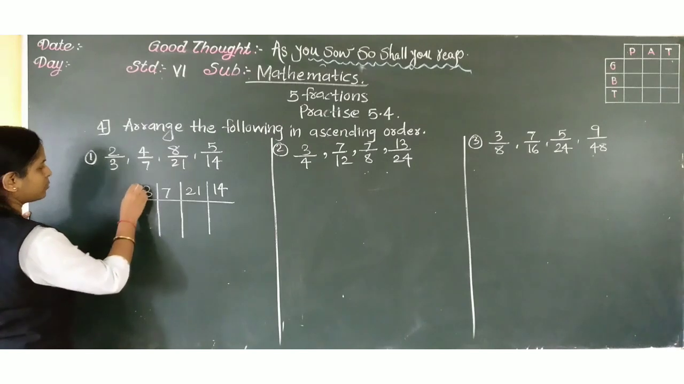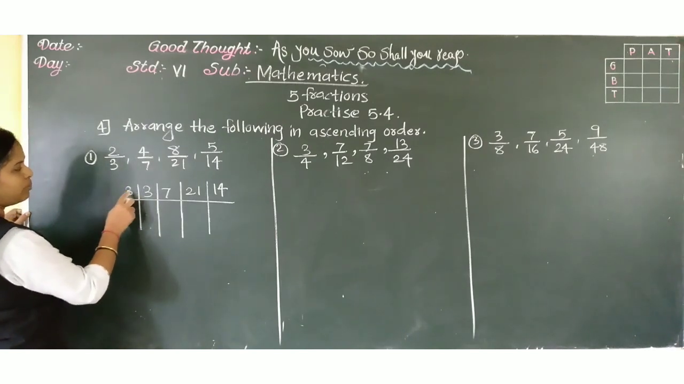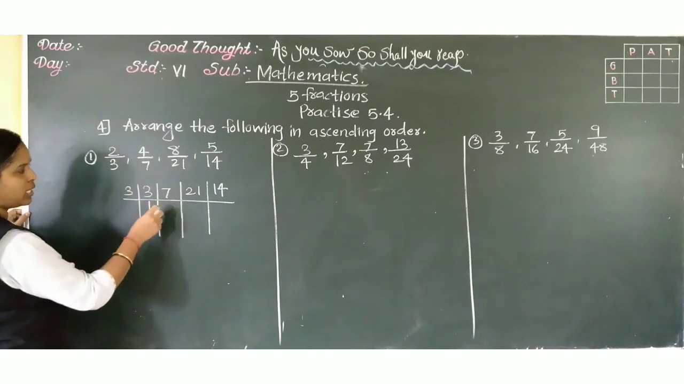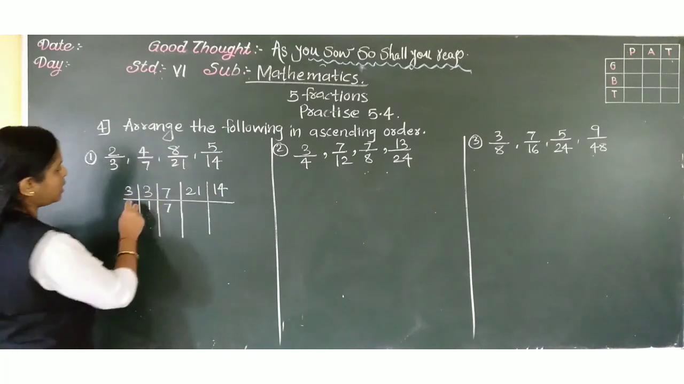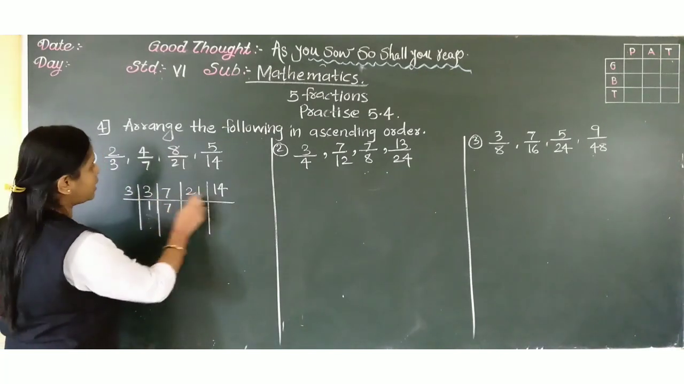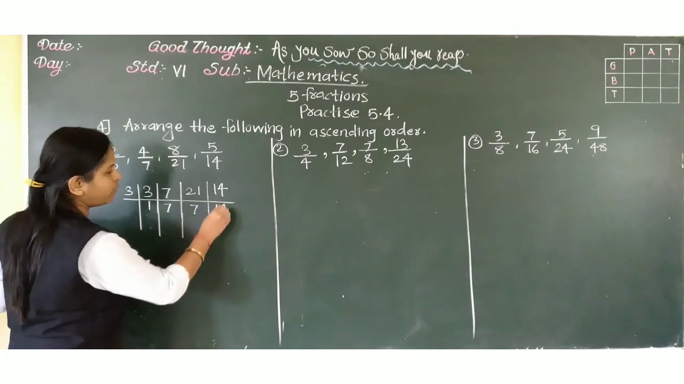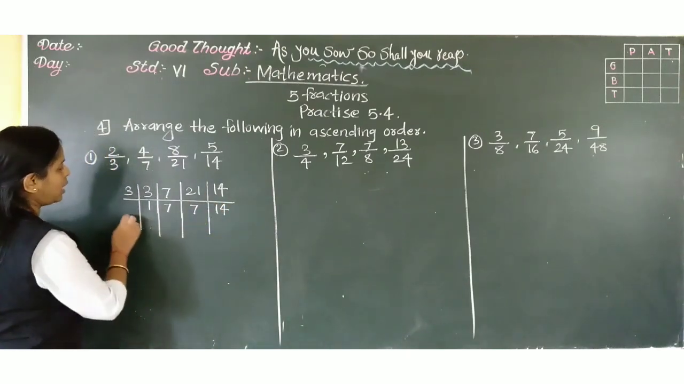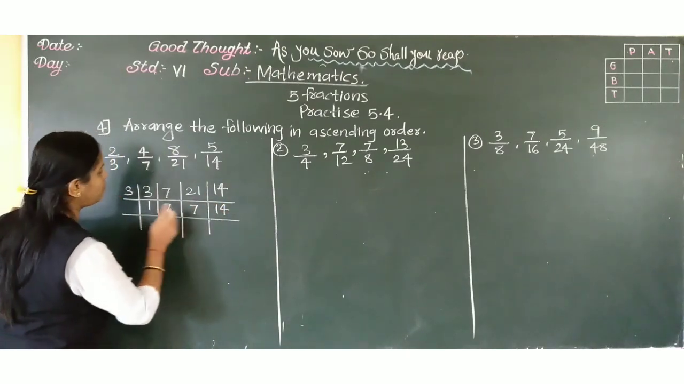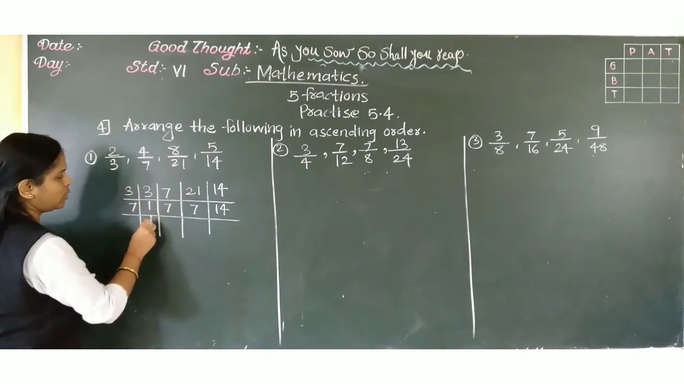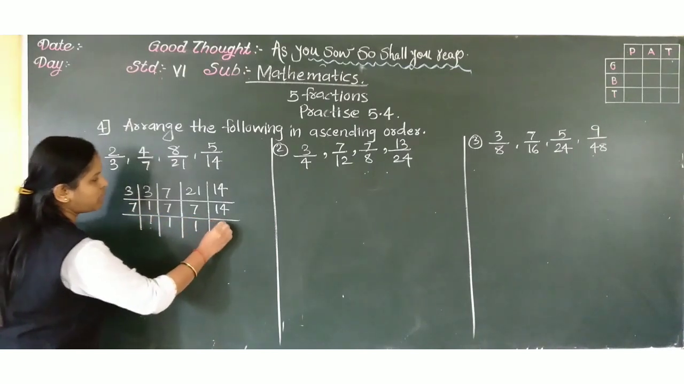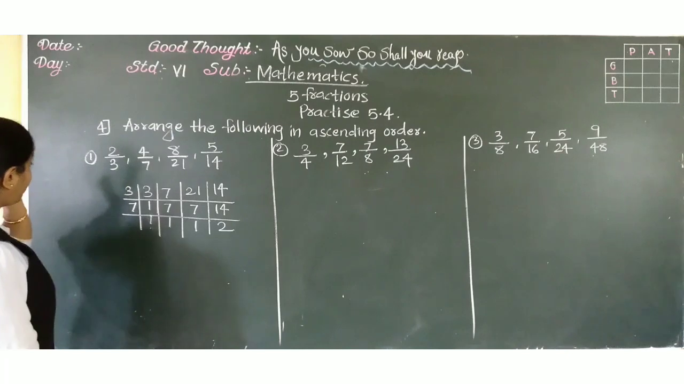So, we will divide this 3 by 3. 3 ones are 3. 7 will remain as it is. Then 3 sevens are 21 and 7 threes. This 14 will remain as it is. Then, now see all these numbers are divided by 7. So 7 ones are 7, 7 ones are 7, 7 twos are 14. Therefore,